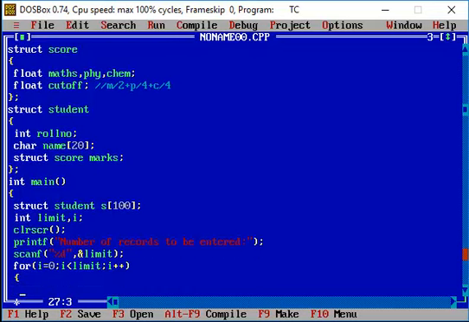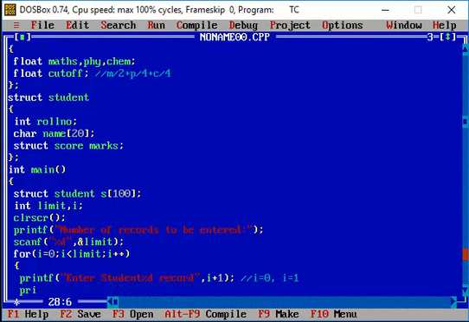So I'm just going to ask the user to enter the first record, enter student %d record. So this means that I'm going to enter the first record. So i value is equal to 1 here, so I'm just incrementing it by a value of 1. So initially when the loop enters, i value is equal to 0, and in this particular statement i value will be equal to 1. So you will have the output message, that is enter student 1 record. So again I'm making use of a printf statement.